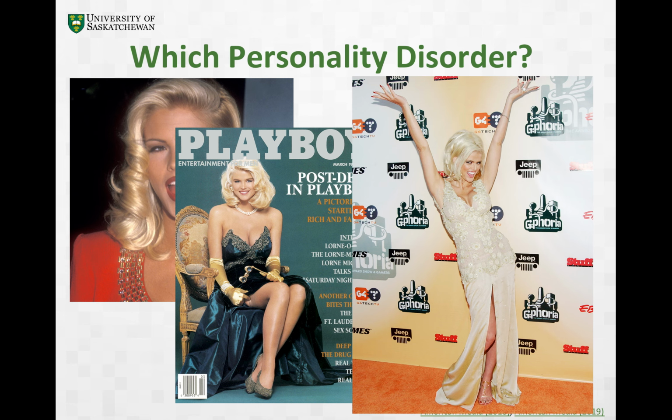Anna Nicole Smith really fits in many ways the criteria for borderline personality disorder. With her, you can see throughout her whole life that there is this pattern of unstable and intense relationships. There are high levels of self-damaging impulsivity. In fact, she died in 2007 due to an overdose on prescription medication. With her, you really see some of that flavor of the personality disorder and the need to be loved and cared for as well. And so it's a very sad story, but a really poignant example for our purposes.